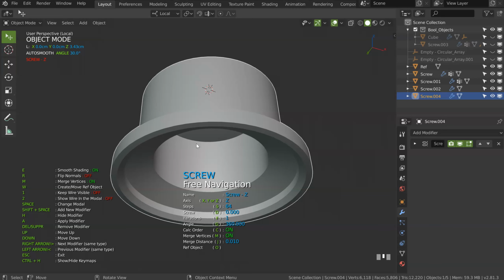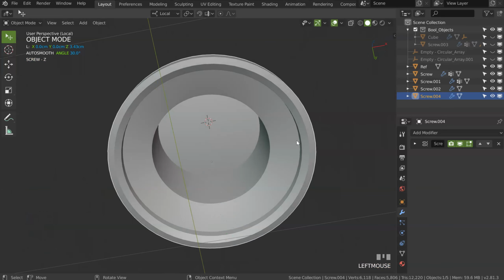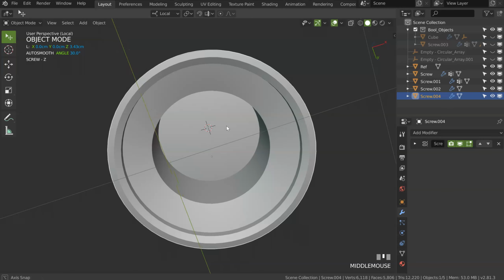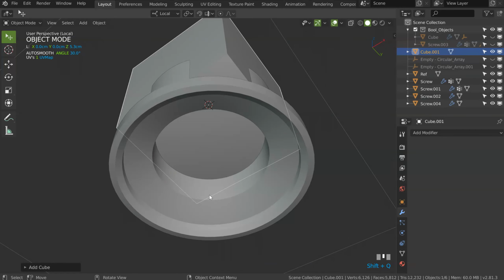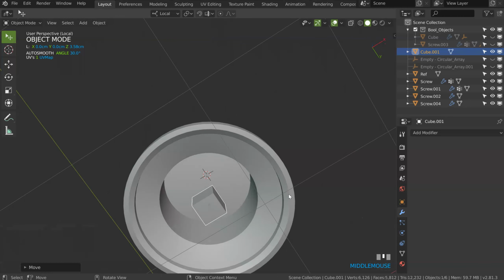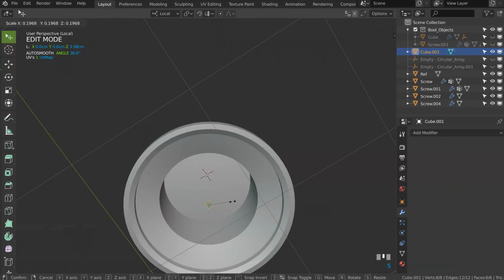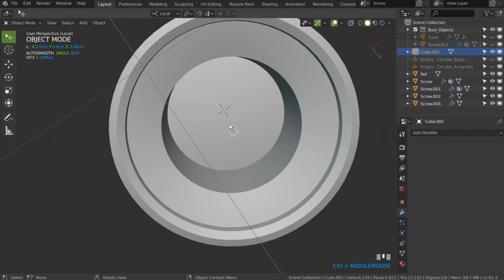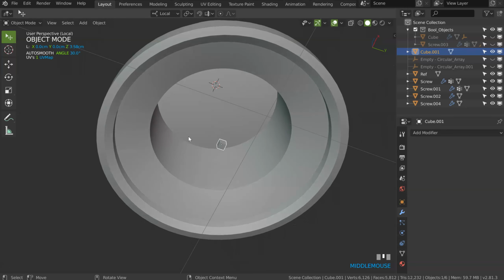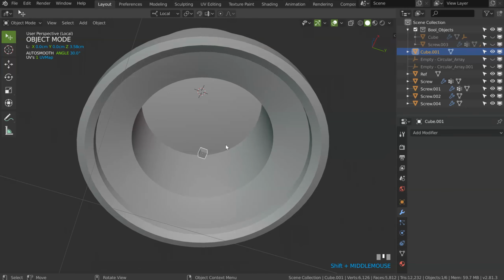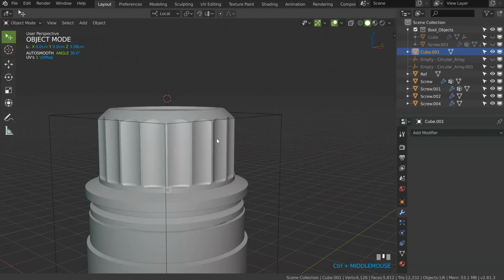In fact, I will have to add more than that on this one. What I want now is to add some cuts. That means I will press Shift Q and add a simple cube. I will scale it like that. Let's move it here. Scale it, always in edit mode if you can, because you want to keep the scale to 1. Like that you will not have a weird result when you add some modifiers, because modifiers take the scale into account. I will exit the local mode.